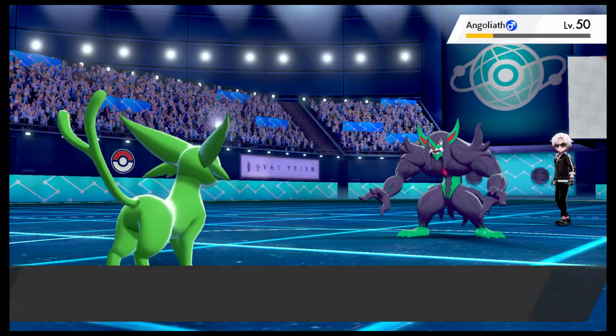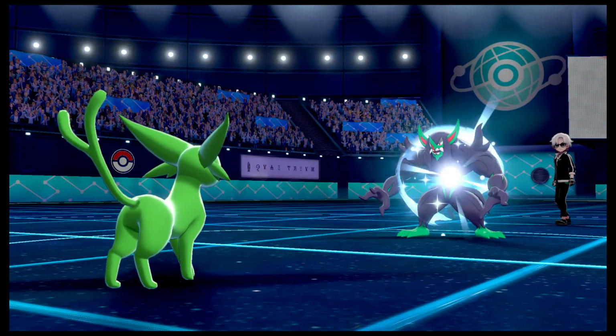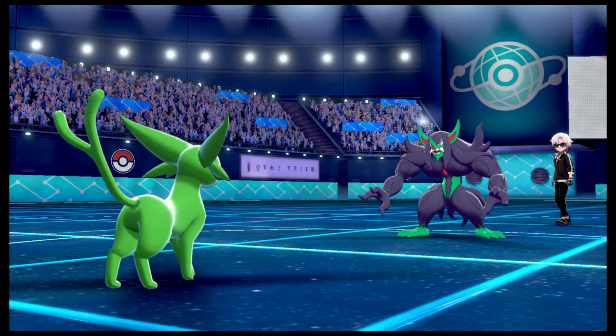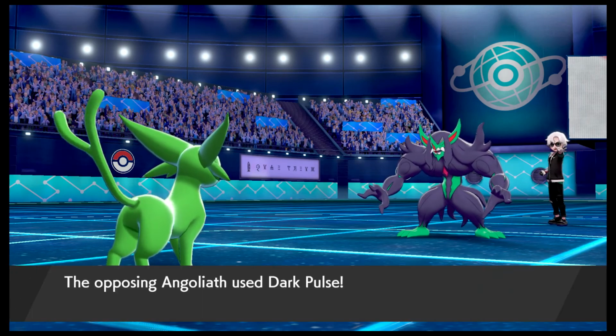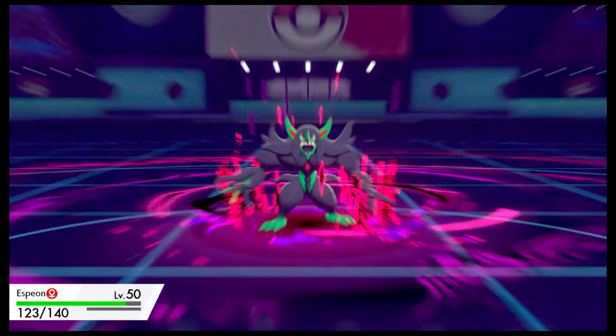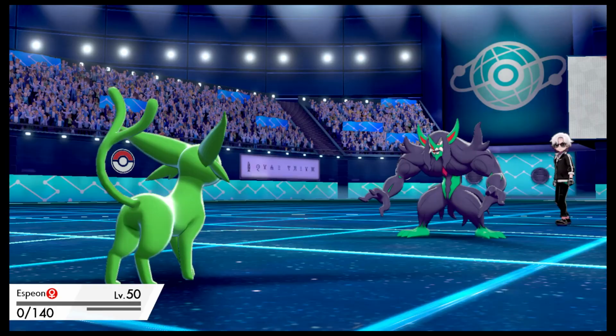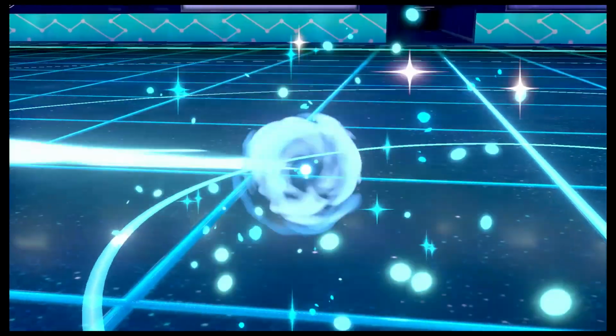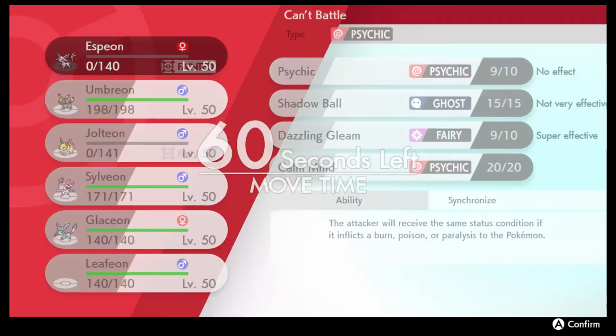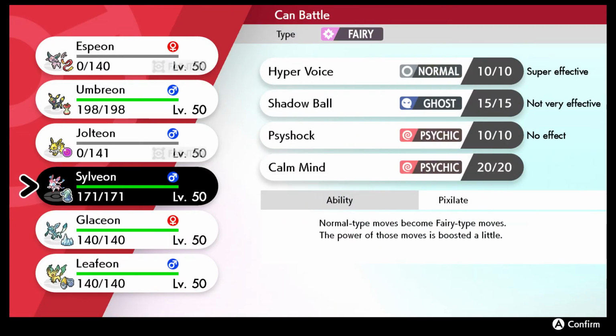I thought Dark would give him an advantage. Okay, what was that? Eject? Nope, weakness policy. He goes for Dark Pulse, which is going to knock out Espeon, I'm pretty sure. Alright. So, this one is not as fast as some of the other Pokemon that he had, which means I really shouldn't have to worry too much about it, but in case, for whatever reason, this doesn't work,